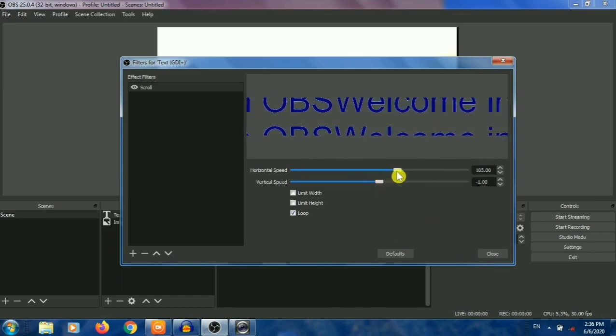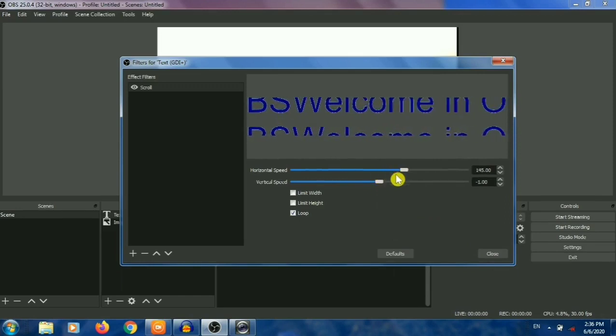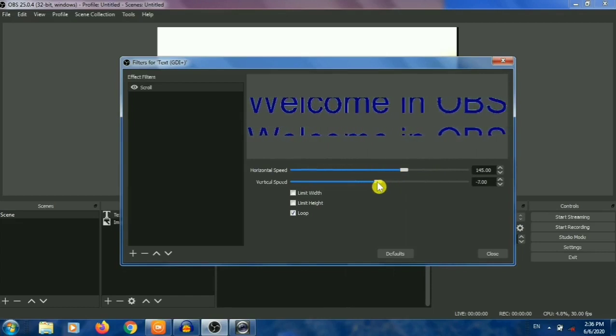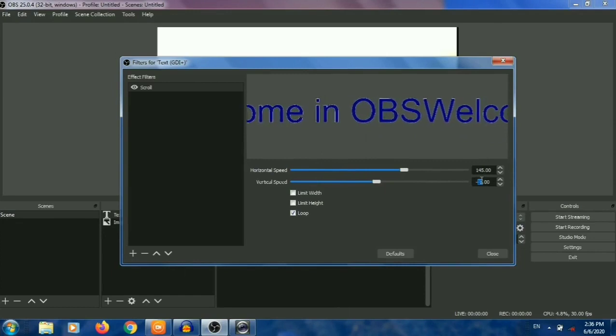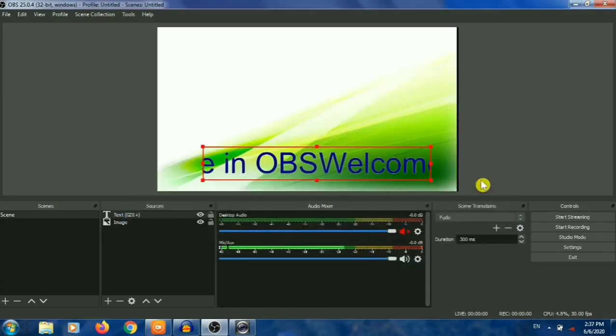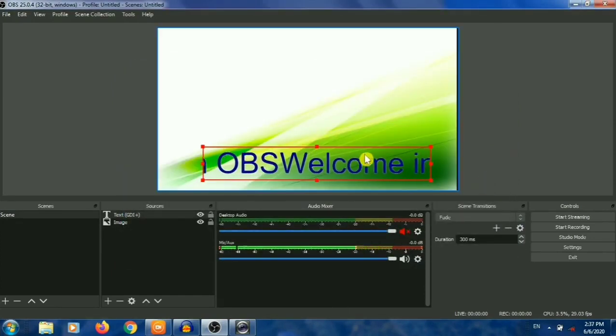So I will keep the horizontal movement of the text. Click on OK. Now see, this is the animated text in our window. So this is about adding some resources.